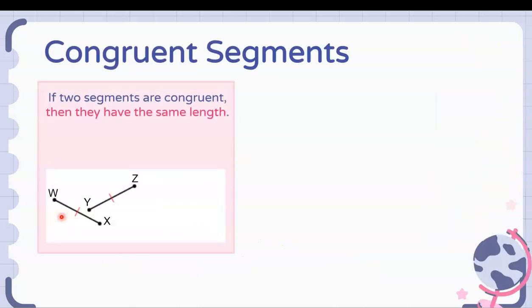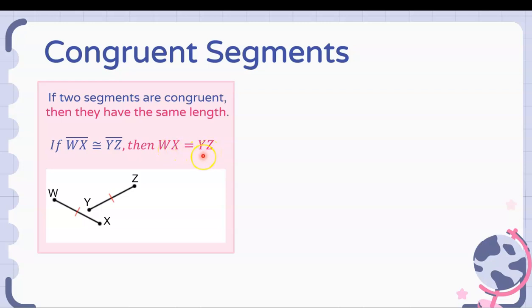So let's talk a little bit more about congruent segments to start. As we just said, if two segments are congruent, then they have the same length. And that's the big idea that we want you to take away from the congruence lesson in Unit 1. Another way to write the same exact thing, but in terms of these specific segments, I could say if segment WX, that's this one, is congruent to segment YZ,